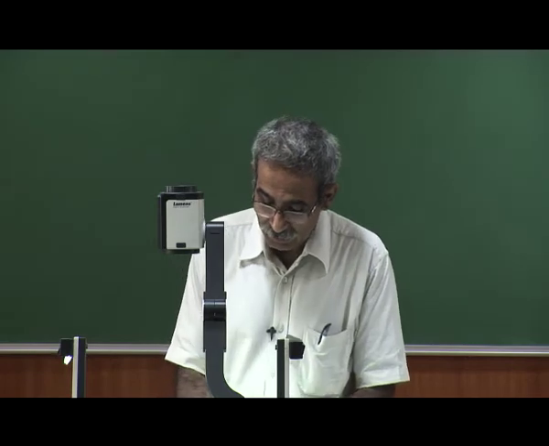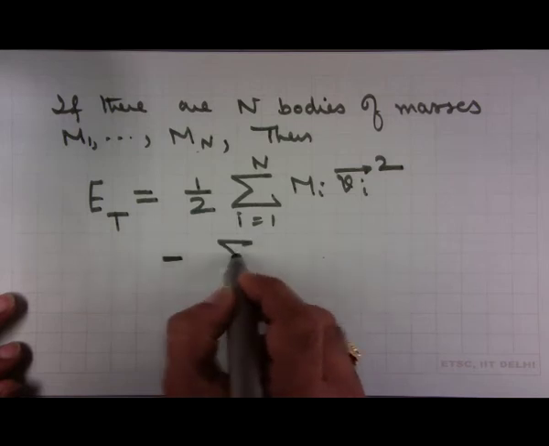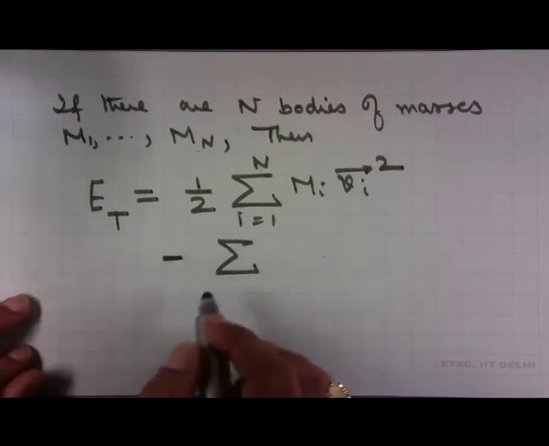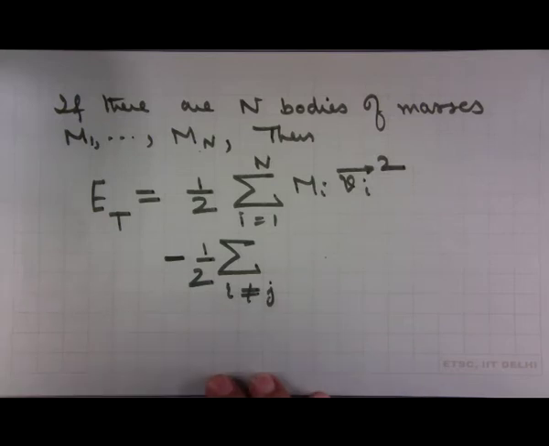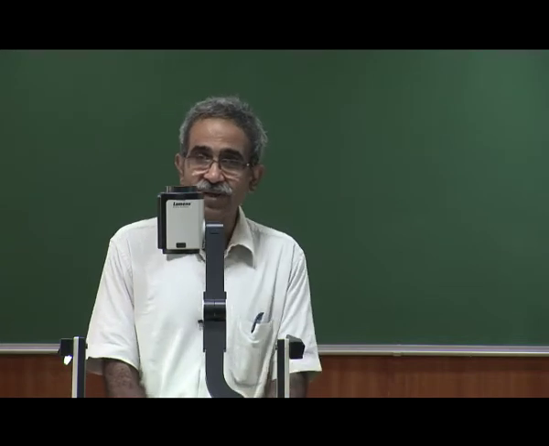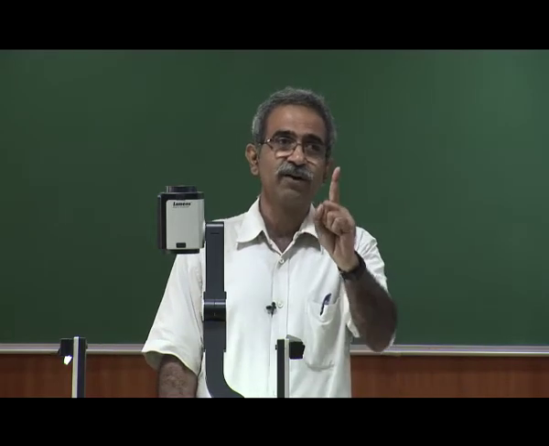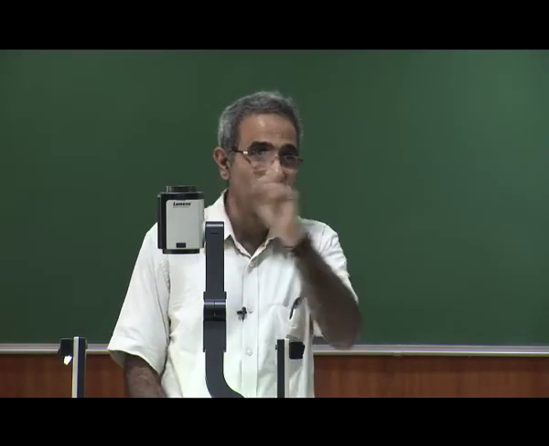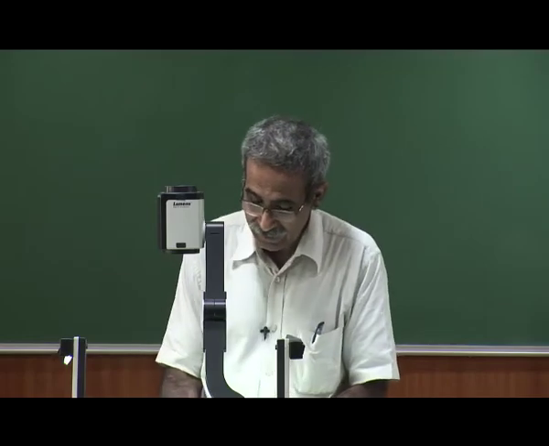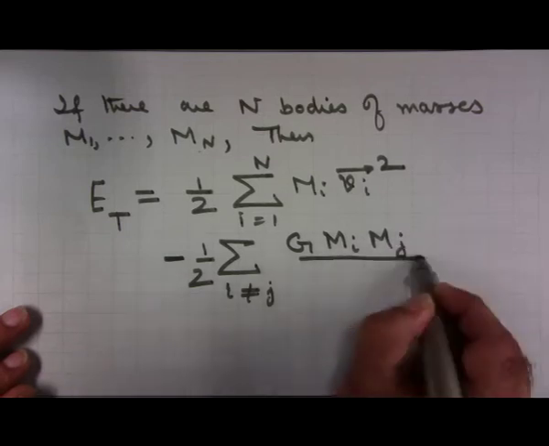Is that okay? Now I am going to write my potential energy. So maybe I can pull the G out, but that is not required. So one way to write that is put i not equal to j and put a half. This half takes care of double counting. 1, 2, 2, 1. They are both the same, therefore I divide by 2. Or another way of writing is to simply write i less than j. There is no problem at all. So if I start with 1, I'll get 1,2, 1,3, 1,4, 1,n. Then 2 will start with 2,3. Therefore, 2,1 will not be counted. Either way it can be written. And this will be G mi mj divided by Rij.